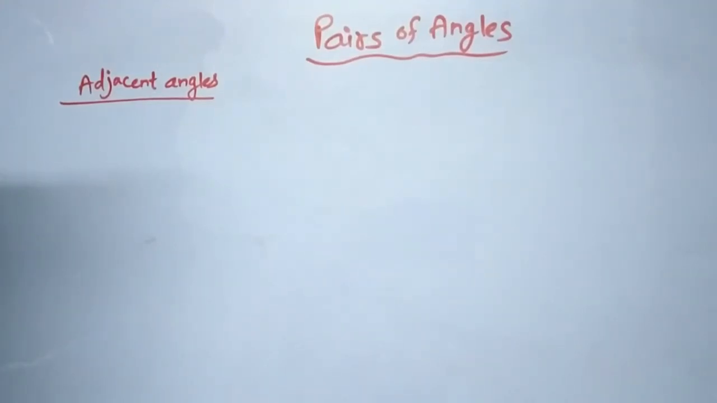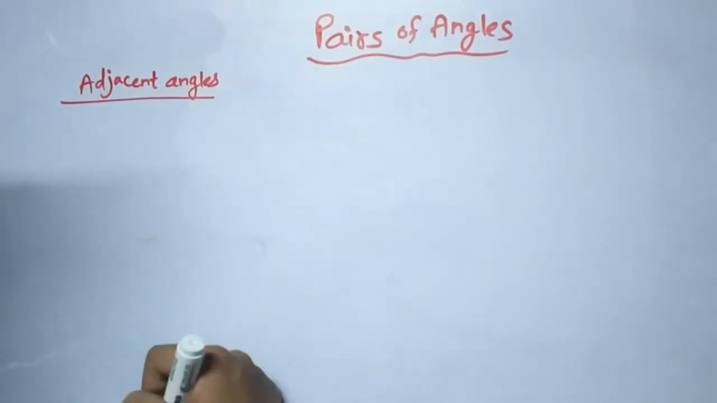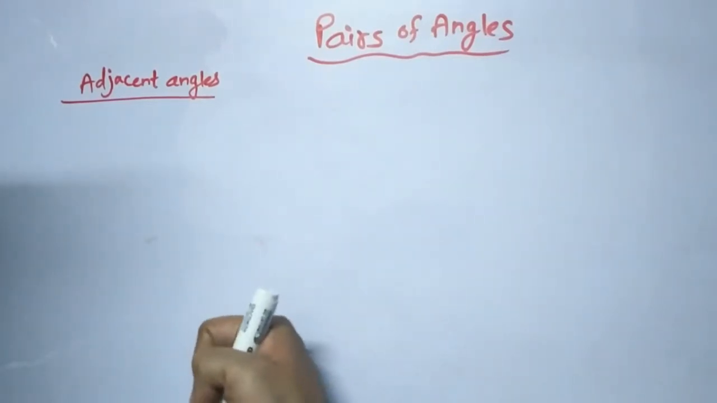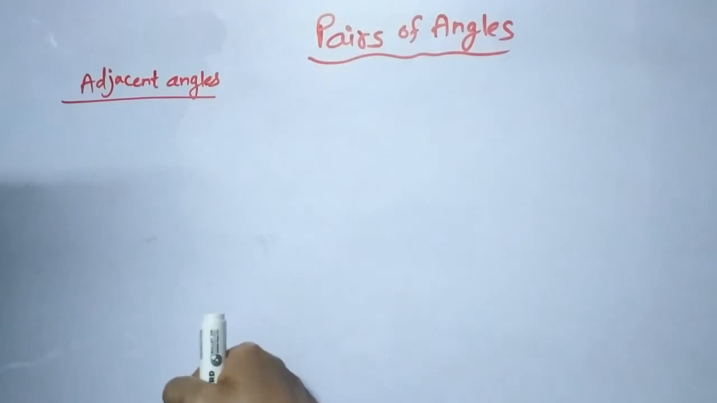Welcome back, dear students. So today we are going to see the further part of our lesson, lines and angles, pairs of angles. So first of all we are going to see what are adjacent angles. So friends, for understanding adjacent angles we should understand that there are some conditions. For example,